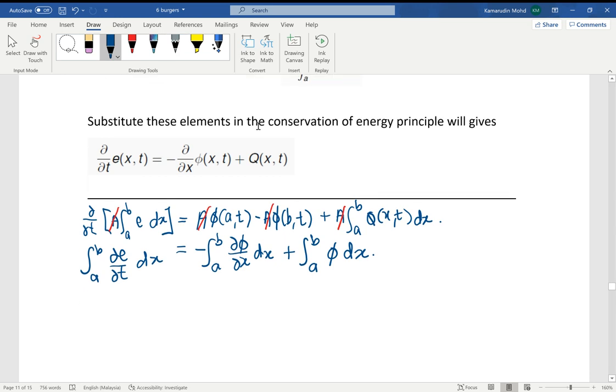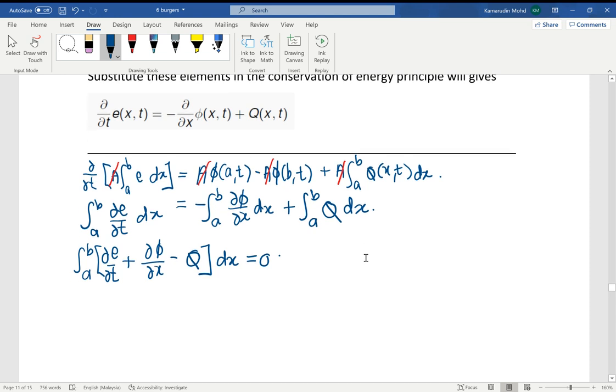If I combine these three terms, I will get the integration from A to B of del t e, then plus del phi del x, minus, sorry, this should be Q. The last term here is Q. Minus Q, dx equals 0. So this means